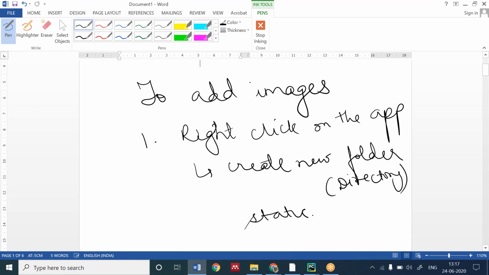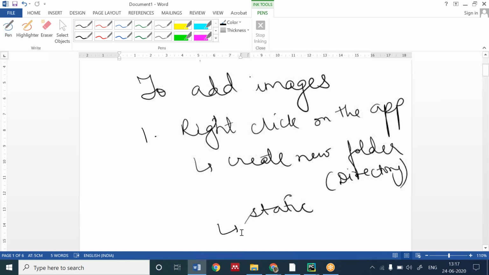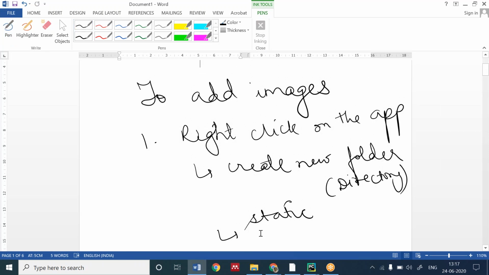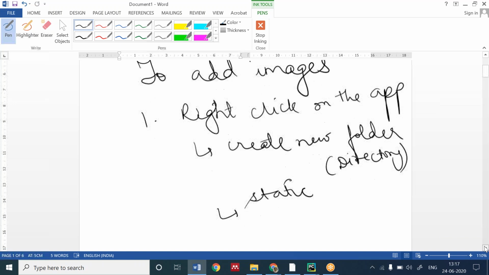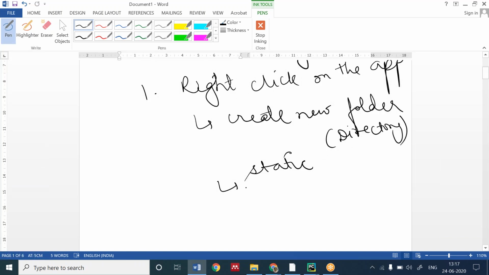Name it static. Kamal, mute yourself. In static, create a new folder, named static. After this, create a new folder called images and save your images inside this.